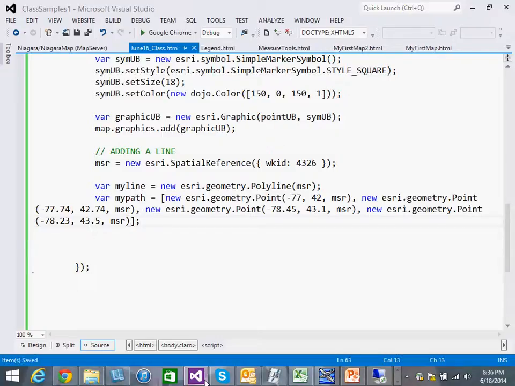Again, now for my path, I've created an array. The array has four things in it, and each thing is an ESRI geometry point defined by its longitude, latitude, and spatial reference, WGS84. I'm thinking I would not have had to include the spatial reference because it's geographic, but I did to demonstrate. I'm gonna